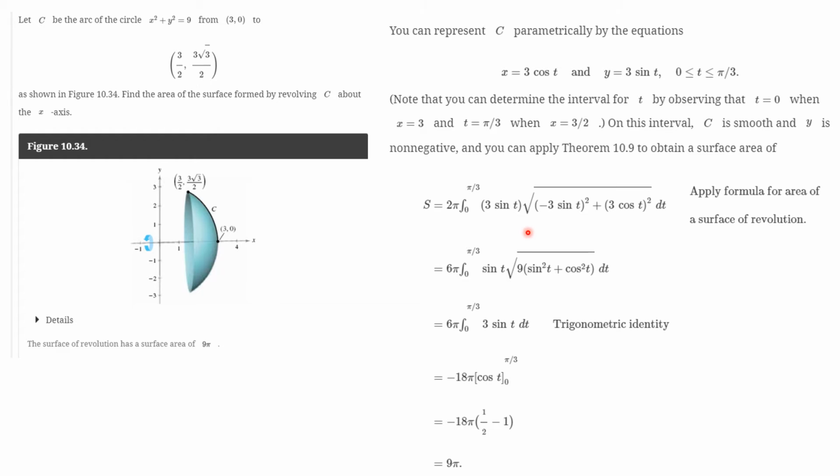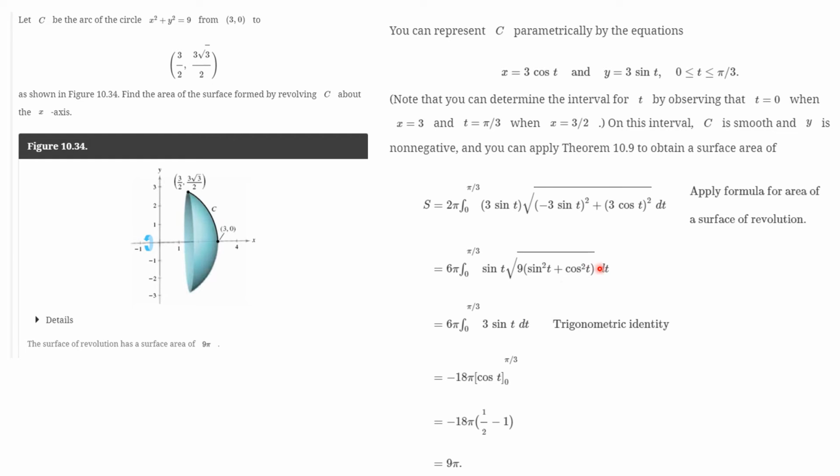Arc length differential. And so it's going to be minus 3 sine of t, whole squared, plus 3 cosine t, whole squared. Now this is going to simplify very nicely when you do that, because there's going to be a 9 and you'll have sine squared plus cosine squared. And so you're going to simply be integrating. The 3 comes out, and that makes this